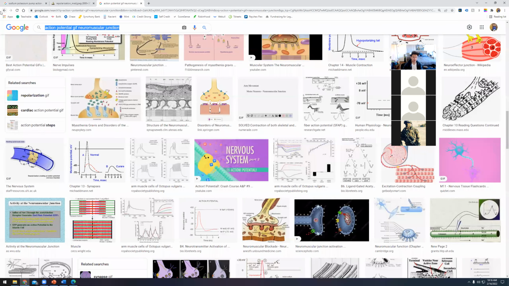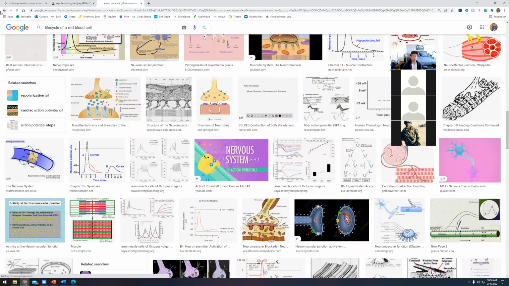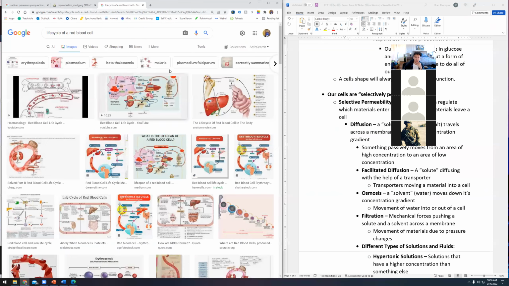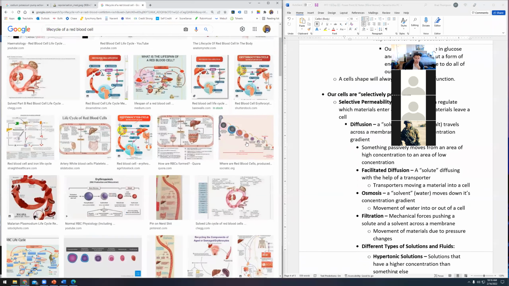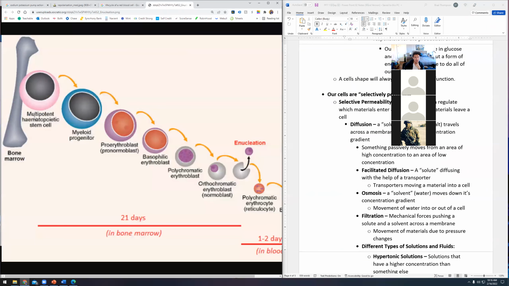You look at the life cycle of a red blood cell. This is kind of fascinating, actually. Your red blood cells are kind of cool. When they're made by your bones, they actually look like this. They're what's called a hemopoietic cell. They're not fully what we call an erythrocyte just yet. And so what'll happen is they'll go through this whole life cycle here.